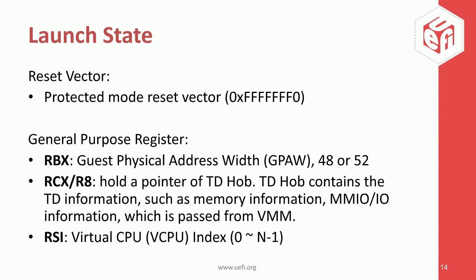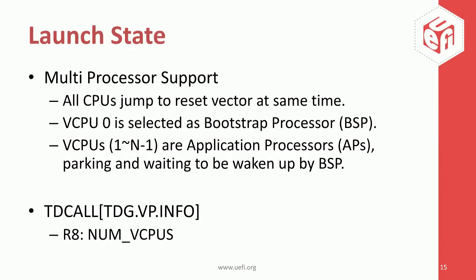And also RCX or R8 holds a pointer to the TD HOB. The HOB contains the TD information such as memory location, and MMIO and IO information. And the RSI holds the virtual CPU index from 0 to n-1. This is to support a multiprocessor